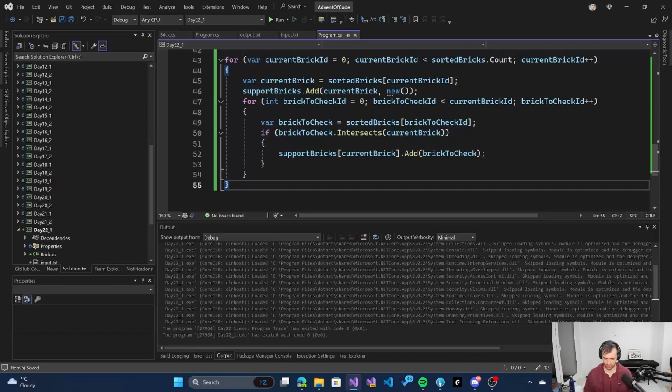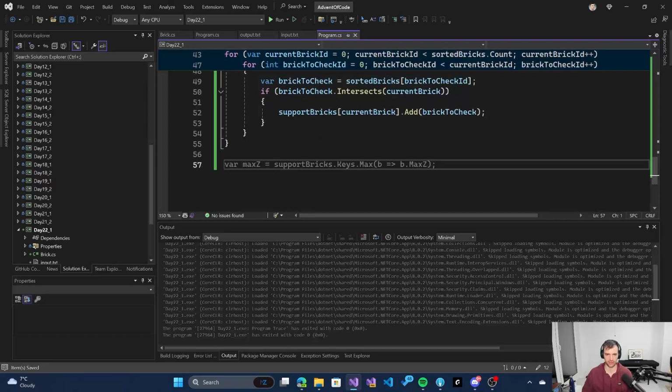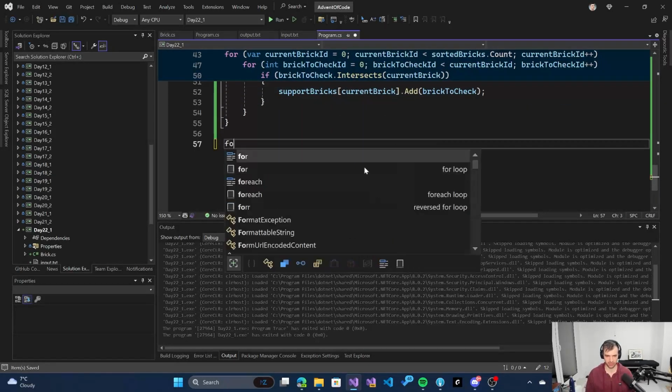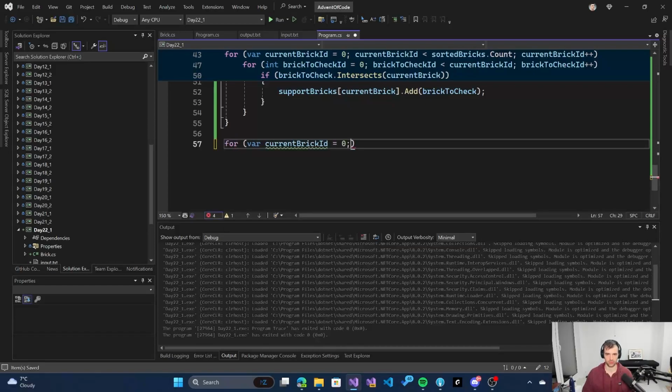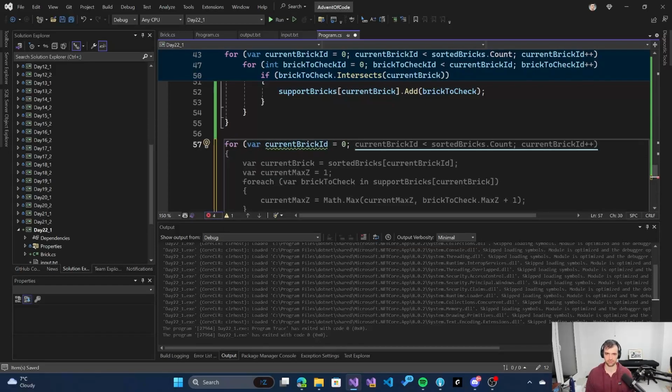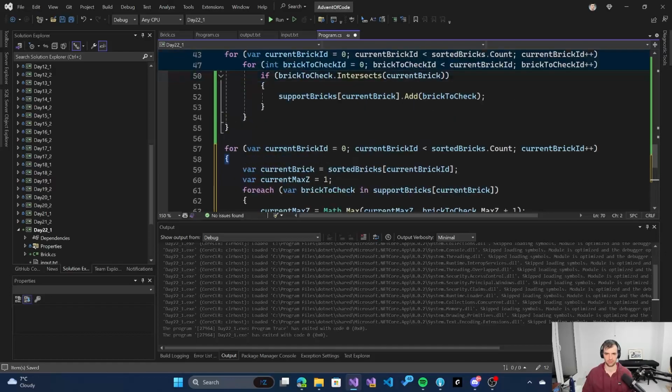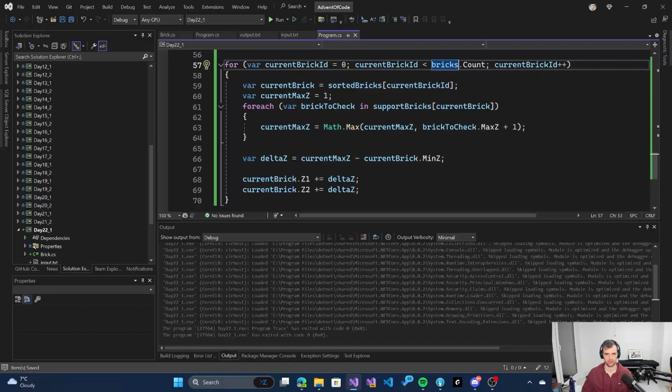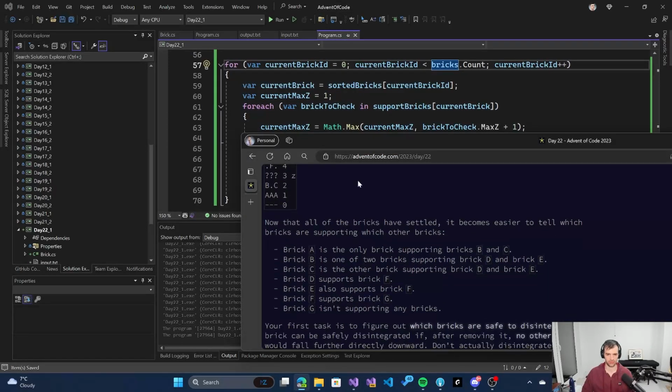So we list all of those which are supported by others, and then what we can do is go through bricks again and see